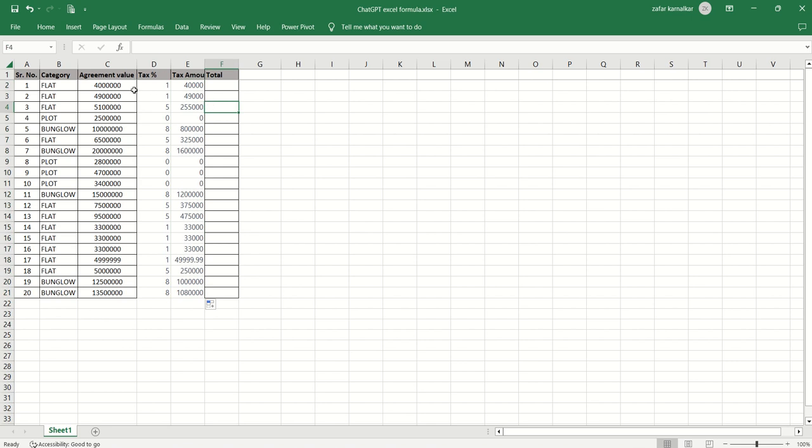Now see the formula. It is 40 lakh. So 1% of 40 lakh is 40,000. So here we can see the 40,000. 5% of 51 lakh is 2,55,000. So here we can see the exact amount. For plot, it is 0. And for bungalow, it is 8%. So 8% of 1 crore is 8 lakh. So this is how easily, even if we don't know the Excel formula, by using ChatGPT, we